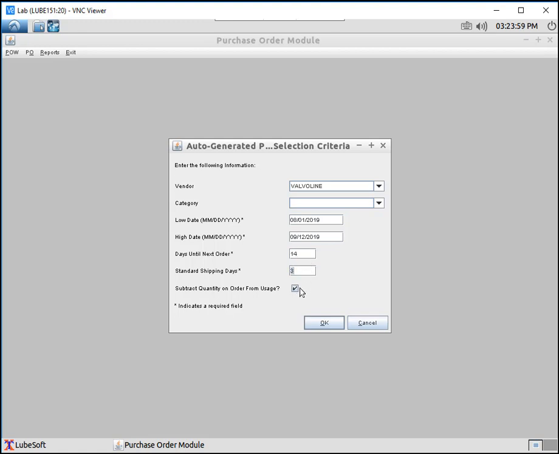Standard shipping days, I will leave at 3. This checkbox here, if it is unchecked, will ignore any quantity on order when placing the next order. If we check this box, it will look at any purchase orders that we have that are ordering product and take that into account when it's doing its calculations. So let's go ahead and click OK, and we'll run this